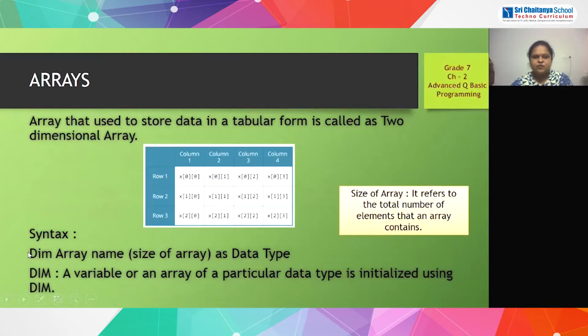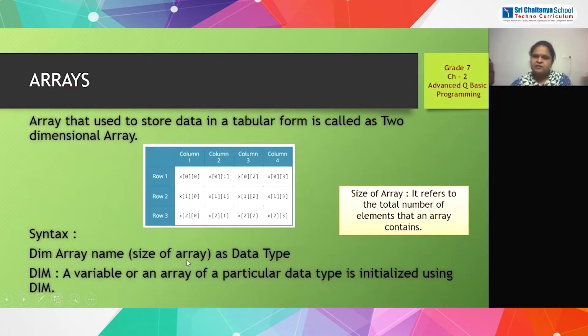The syntax of an array is that every array starts with Dim, D-I-M. What is this Dim? A variable or an array of a particular data type is initialized using Dim. Then what is the size of the array? In the bracket I have written the size of the array, in front of the name.